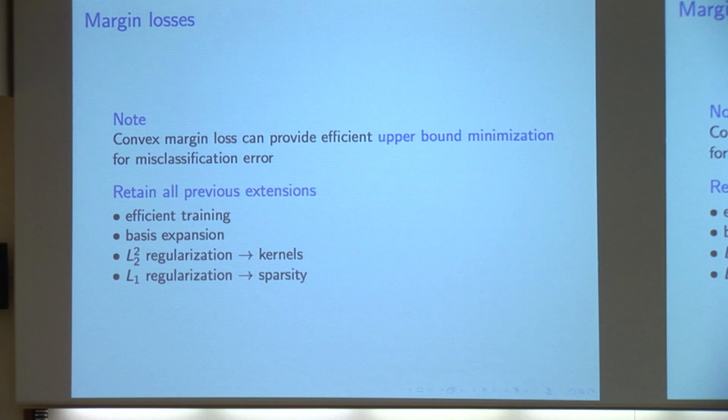the happy news is, if you're really committed to a hard step threshold as a classifier, and you really want to try to approximate misclassification error, and you go down this road of surrogate margin losses, it's okay because you get everything else for free, right? So we haven't affected any of our efficient training mechanisms as long as that surrogate loss is convex. We've kept all of our same basis expansion, kernel, feature selection things.